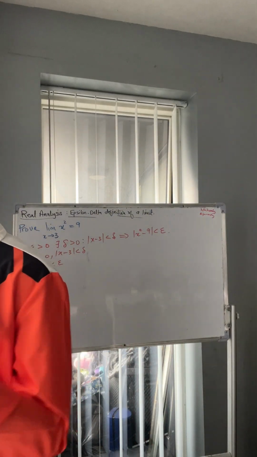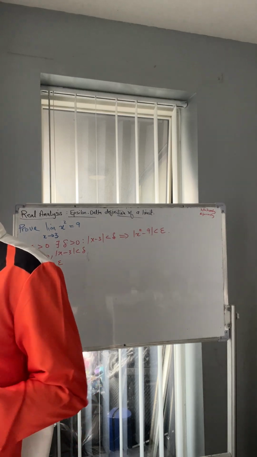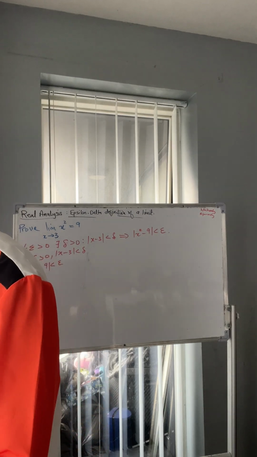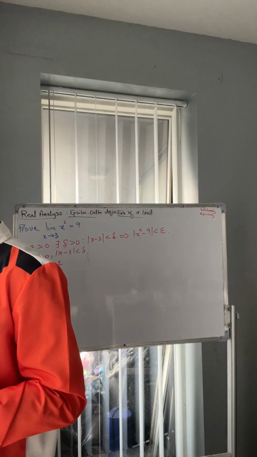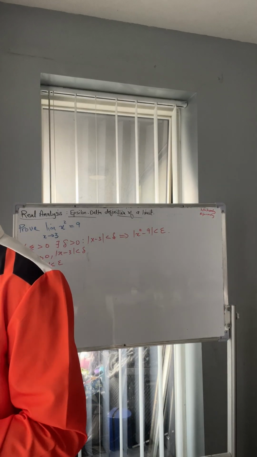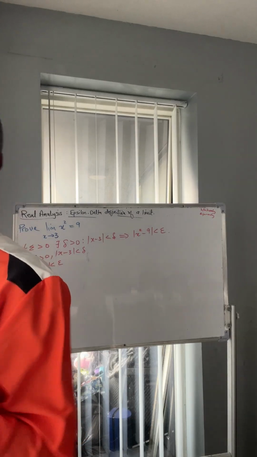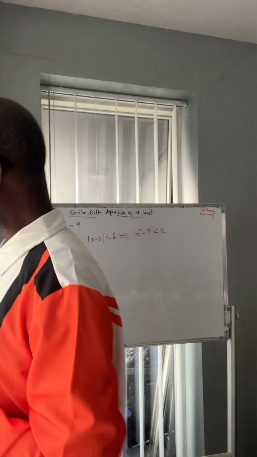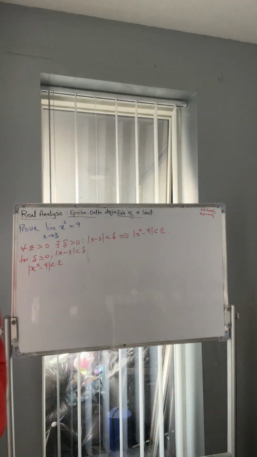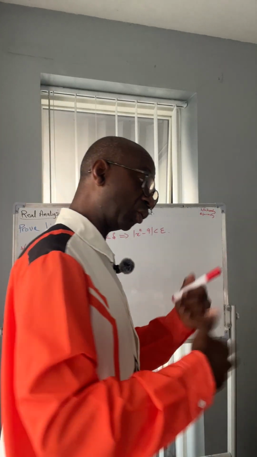Most cases they give you the input. With normal equations, you feed in the input and it spits out the output. But in this case, you are given the output and then you work out what the input is. That is why the epsilon-delta proofs of the definition of limit go the reverse way